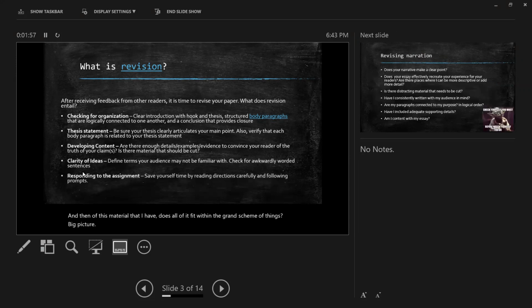Okay, and then clarity of ideas. Are you using acronyms that your reader may not know? Are you using jargon that they may not know? Last semester, I had a student in the military, and first drafts of his essays would always be full of military jargon. And I'm like, you can't assume that your reader knows something just because you know it. If there's something that is not really in the public dialogue, so to speak,